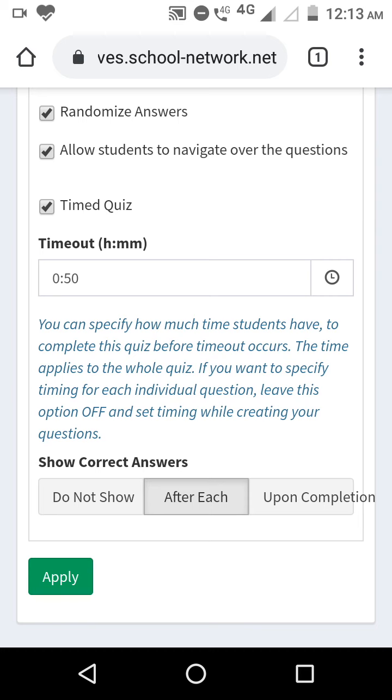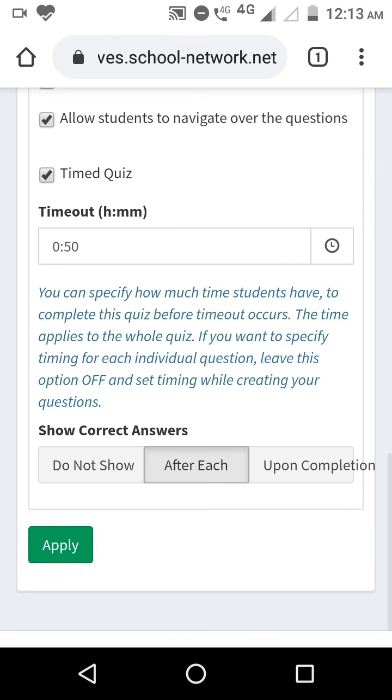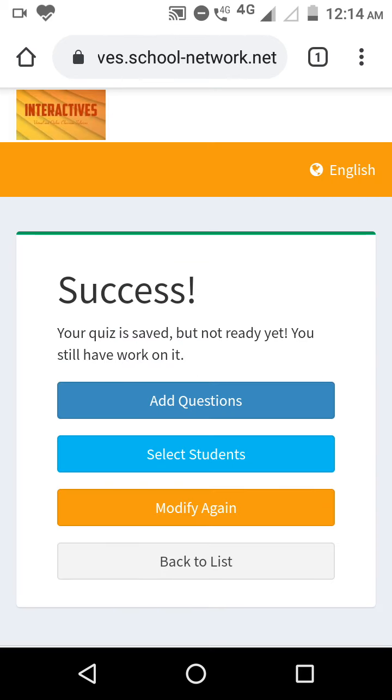Now we have another option called show correct answer. Here you can choose do not show, after each answer, or upon completion. That means the correct answers can be shown to them either after the examination or after each question. Here I am not selecting those two options, I am selecting do not show. So this option comes, and now it shows me success, your quiz is